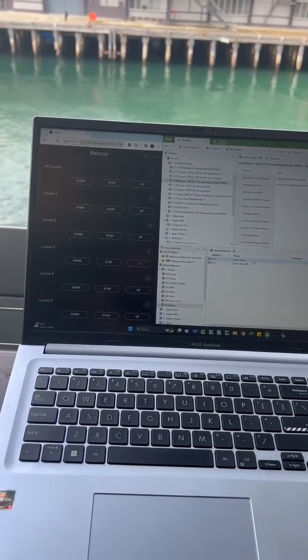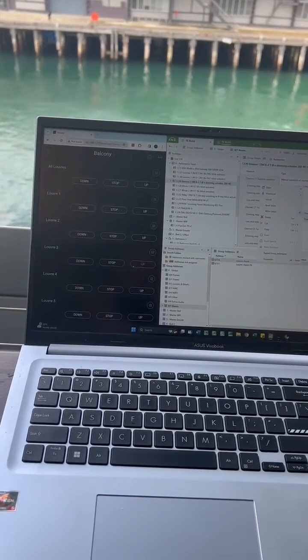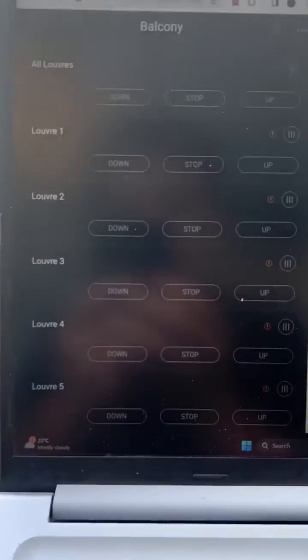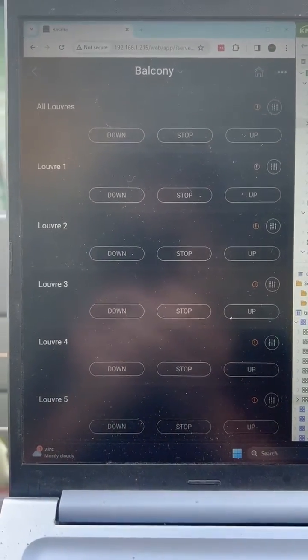Another really cool feature is when wind is enabled, it actually locks out all the buttons so the customer knows that they